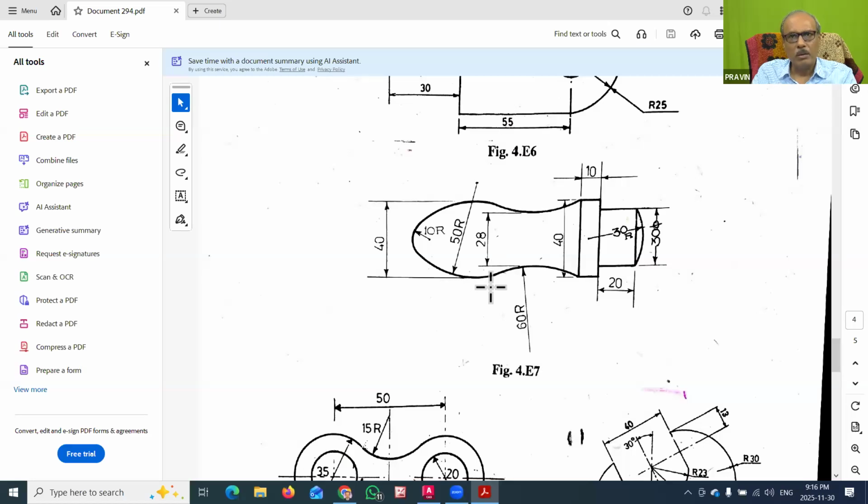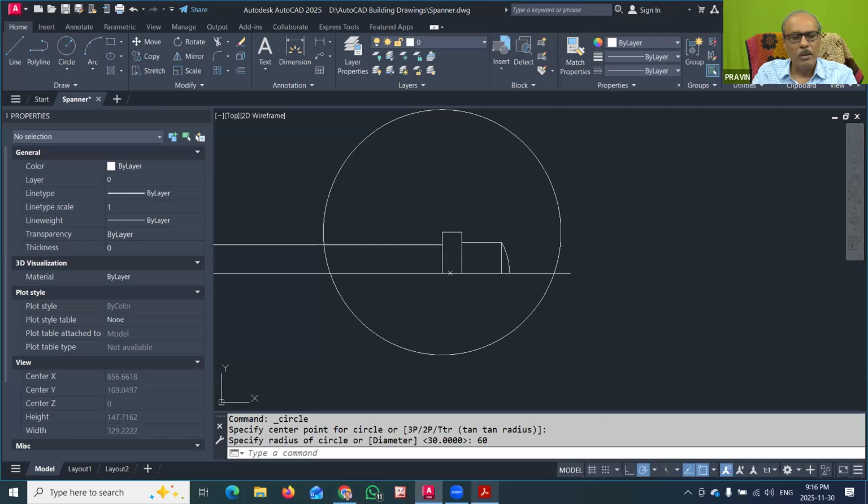So what should be this distance that we have to identify? It is touching this edge. So now where this circle should be drawn, we have to identify. Here the distance between this end and this is also not given. So that is again one of the important parts.